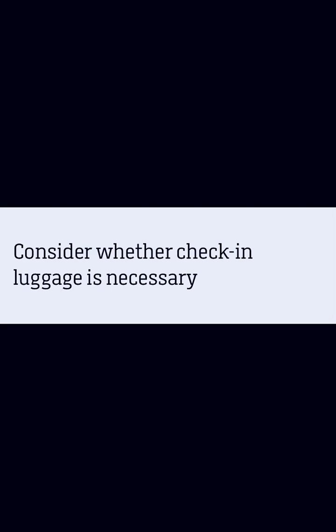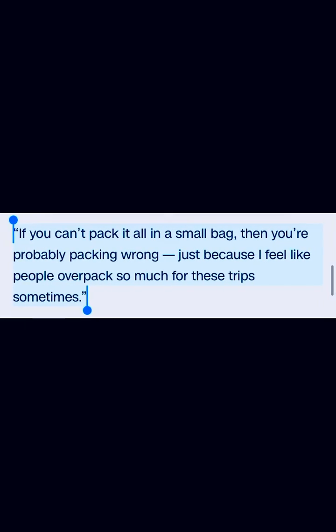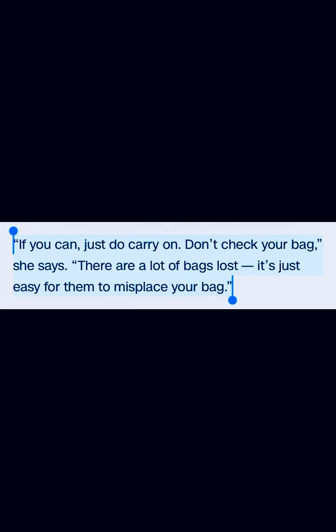Consider whether checking your luggage is necessary. You may want to stick with a small carry-on bag, as they are stating many times those checked bags are indeed lost. And if you're finding it hard to carry just a small carry-on bag, you should evaluate how you are packing your luggage,